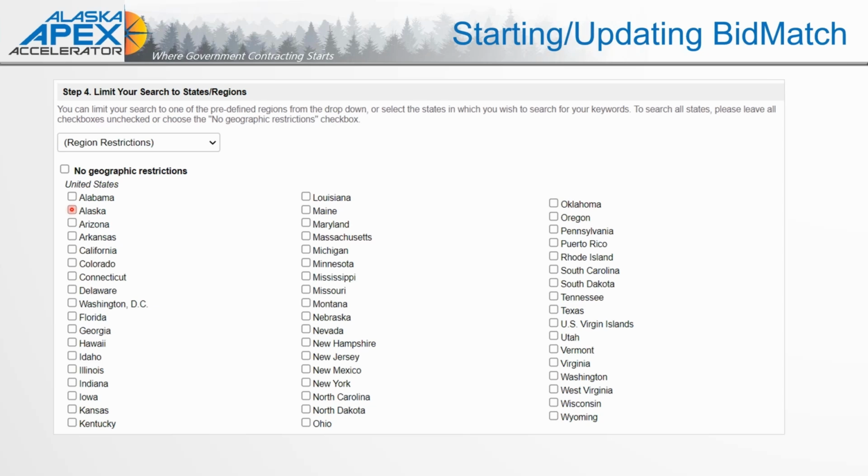So we have these weird cycles, where in the states with the broader road system, we might not. So if we're not getting good results, we might want to add a few states other than just Alaska, say Washington, California, Oregon, to see, are we getting the right type of activities? And if we are, we know we've got good search criteria, and then we can always drop your geographic restriction back down to Alaska. There is a nice feature in the software where I can pick by regions, Northwest region, everything west of the Mississippi,